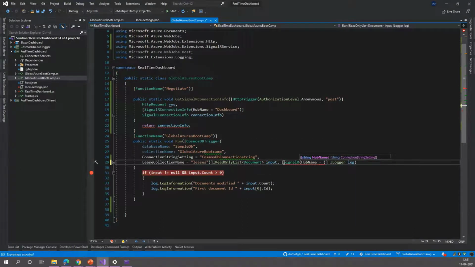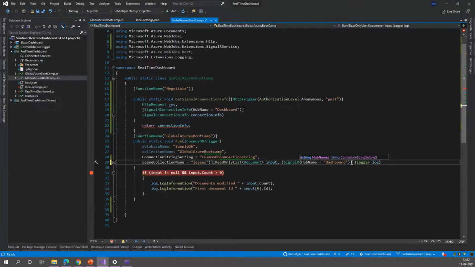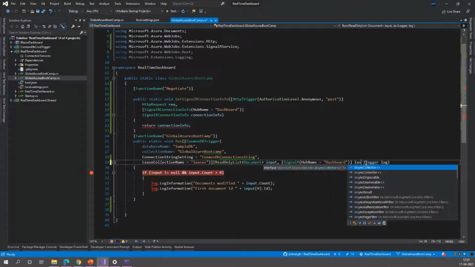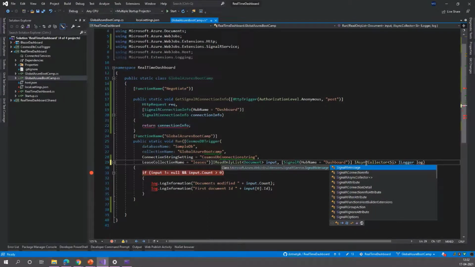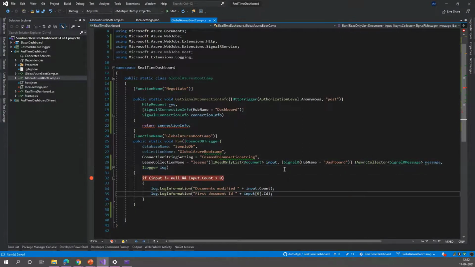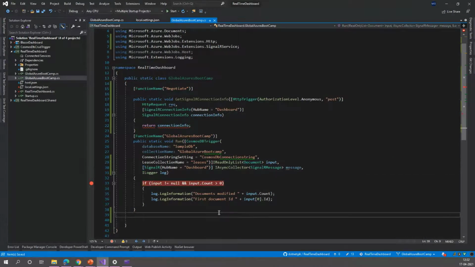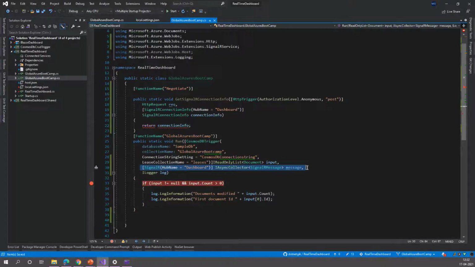Here again we need to provide the hub name for which we are creating this service. Here we can say this would be a collection of SignalRMessage.